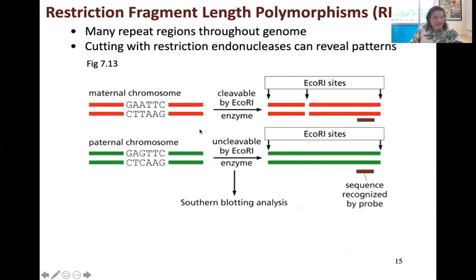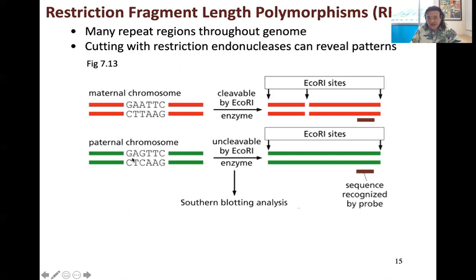One way you can also study this is by looking at restriction fragment length polymorphisms. So again, it's that same idea of having certain polymorphic sites that can be used to identify different regions of chromosomes that are being passed on that may contain the genes that you want to focus on as candidates for explaining how this tumor formed. Here we have, for example, the maternal chromosome. Let's say mom's version of this region of the chromosome is a